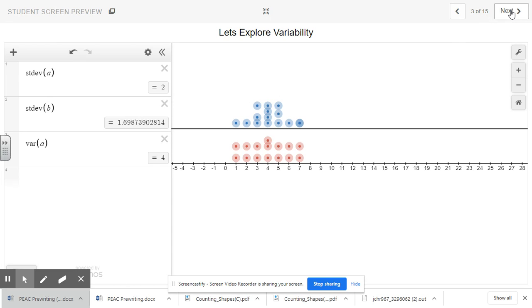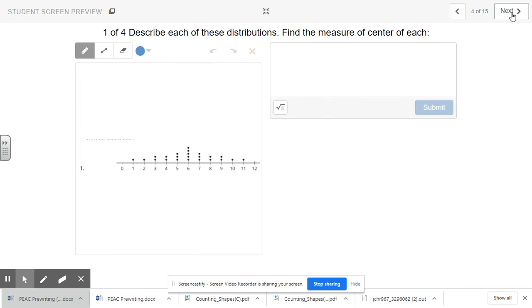So a bell curve will have less standard deviation than a uniform distribution. Bell curves will actually have pretty low standard deviation because you're highly likely to get